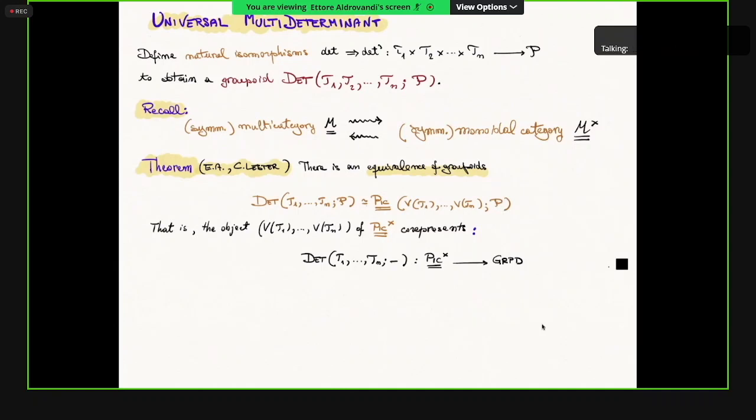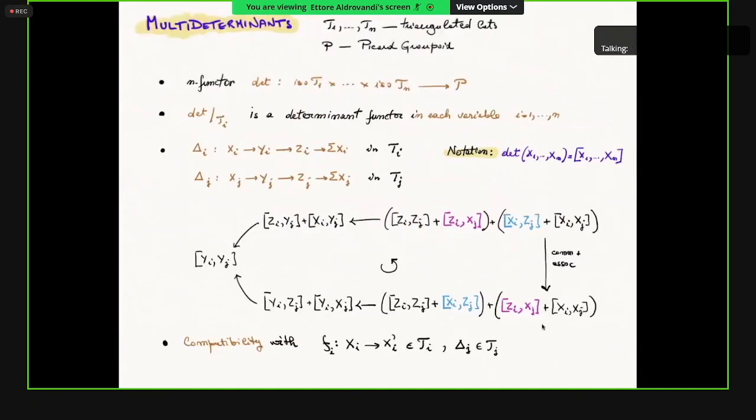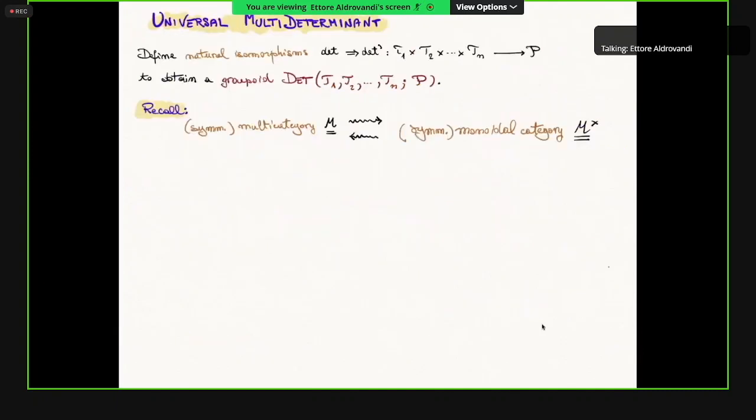So let's say exact, in the sense they are monoidal in each variable plus compatibility. There are compatibility conditions that you have to take into account. They are very similar to this diagram, so I'm not going to write them